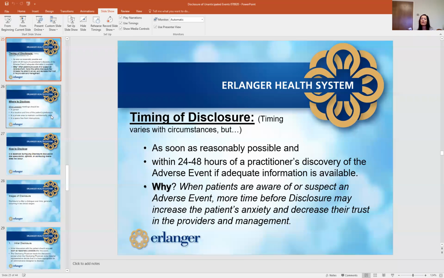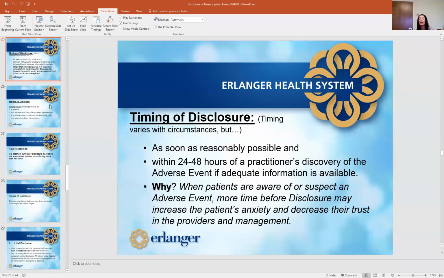So Dr. Kohrt already touched on this a little bit earlier, but the timing of disclosure, this is right out of Erlanger's policy. You want to disclose as soon as reasonably possible. Now there's every kind of factual scenario we could sit here and come up with for hours today, different factual scenarios where maybe something happens and it takes longer to disclose, or we don't know there's an error right away and we find out much later that there's an error. There's every kind of factual situation you can think of. However, what you want to do is, taking into account the circumstances, disclose as soon as reasonably possible.